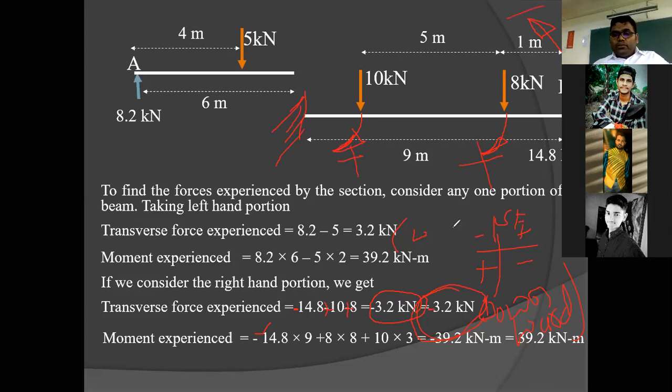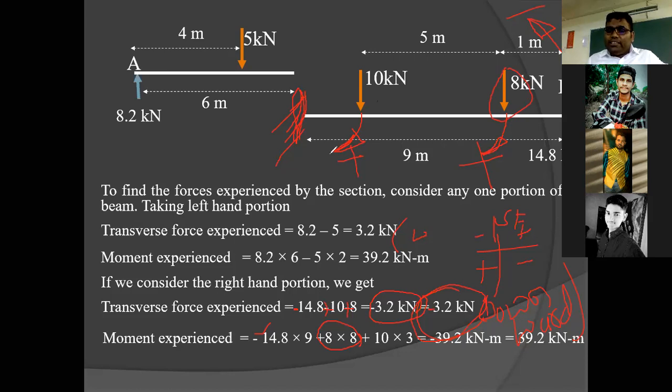Okay, are you understood? That's simple. सर ये 8 into 8 और ये 10 into 3 डिस्टेंस कैसे आया, वो थोड़ा सा बता दीजिएगा. This is the equation. Moment is equal to force into perpendicular distance. So this is the place where you are going to take the moment. So if we were talking about this 8, so 8 into 8, why?